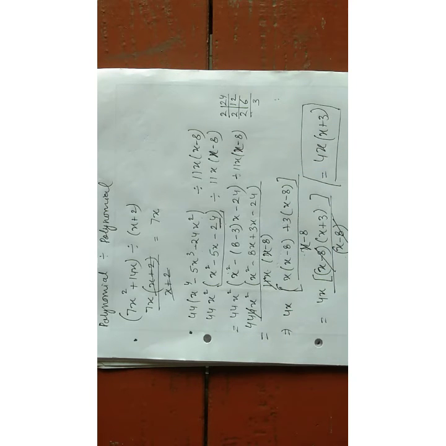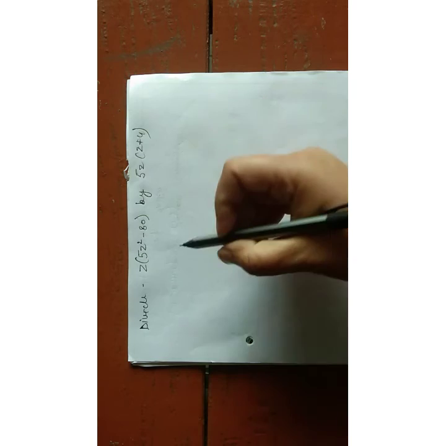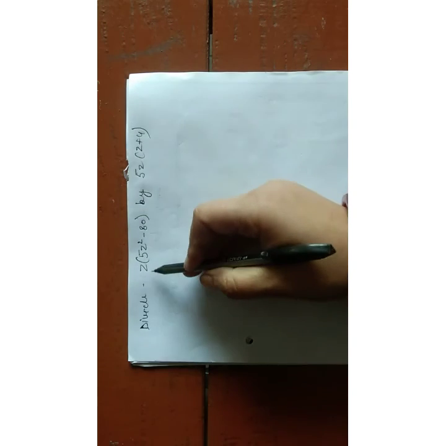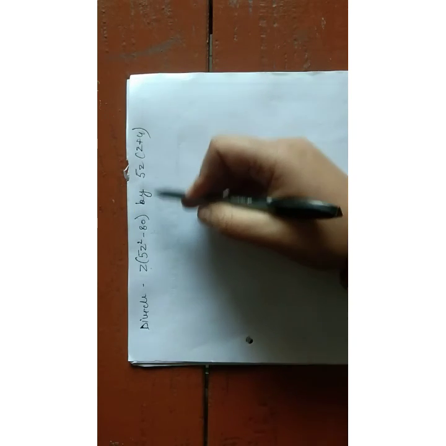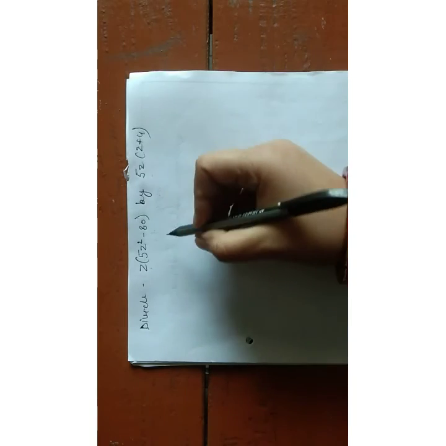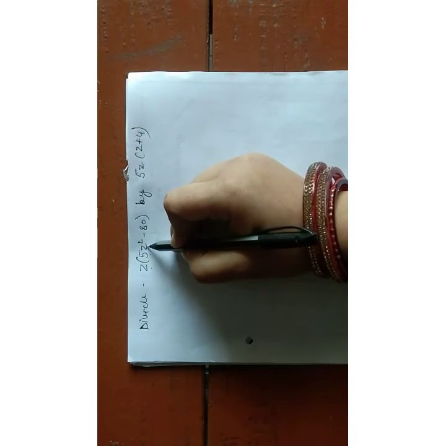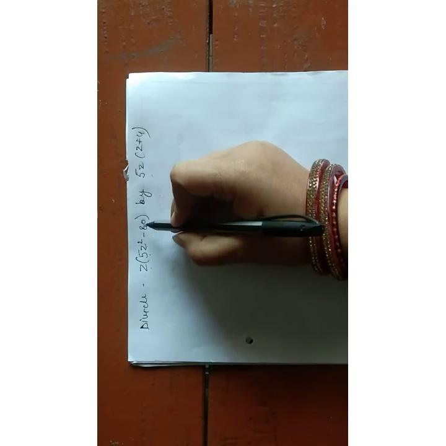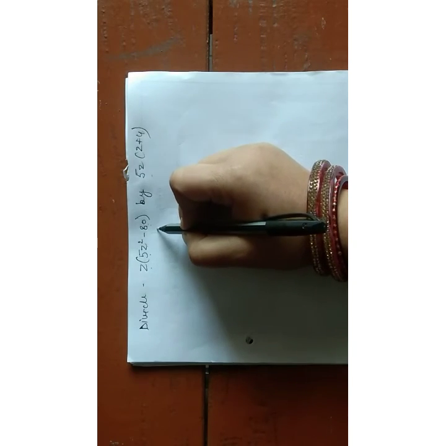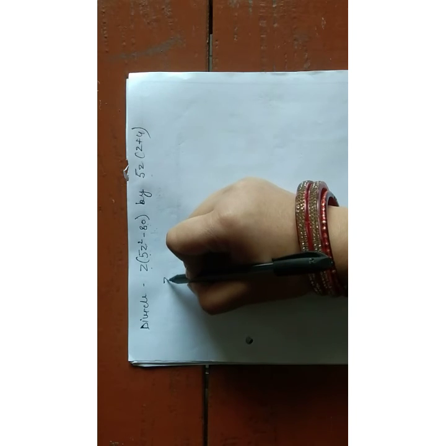Okay, let us see one more example so that things are a little bit easier for you. Yes, I have to do the division: 5z square minus 80 divided by 5z, z plus 4. Just see here, 2 terms are there and z square I am having. So I will try to find out whether the second term is the square of something. Just see how I am solving it.